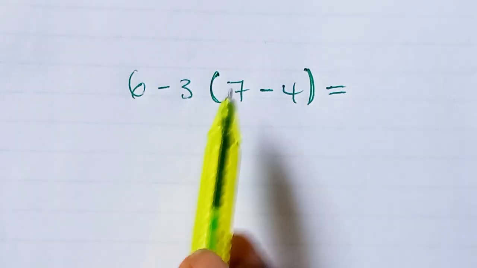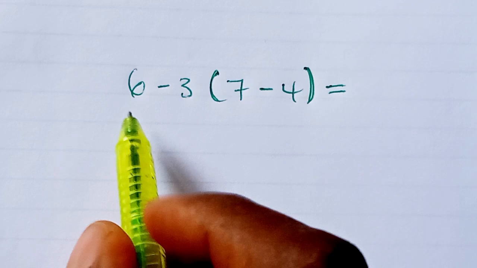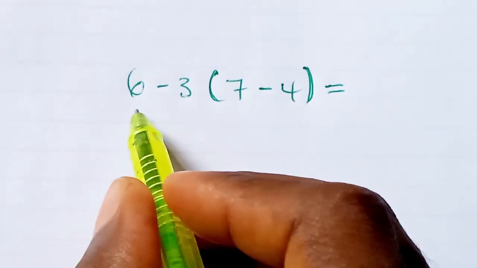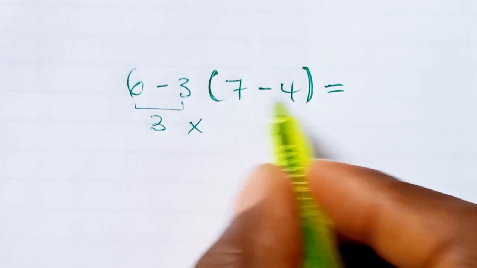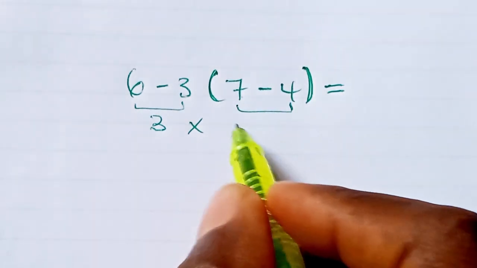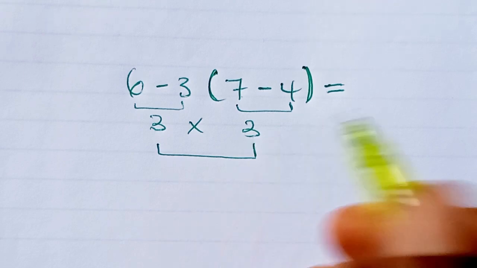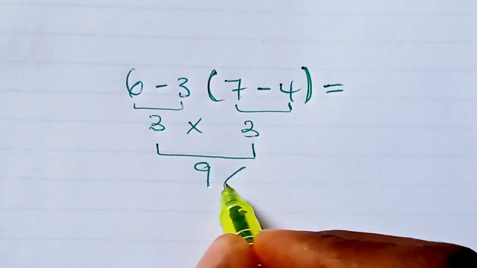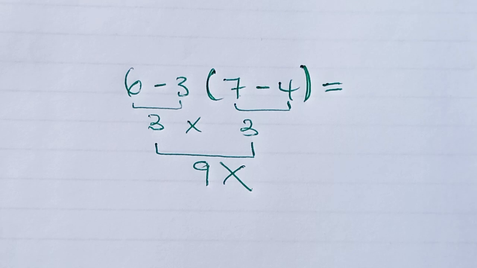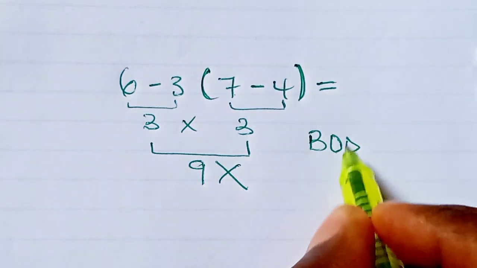6 minus 3 times 3 minus 4. 6 minus 3, this is going to give us 3, times 7 minus 4, this is going to give us 3. 3 times this 3 is 9. But this answer is not correct because according to the order of operation, BODMAS,